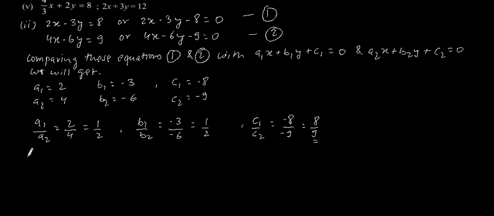Now here, since a1 by a2 is equal to b1 by b2, which is not equal to c1 by c2,